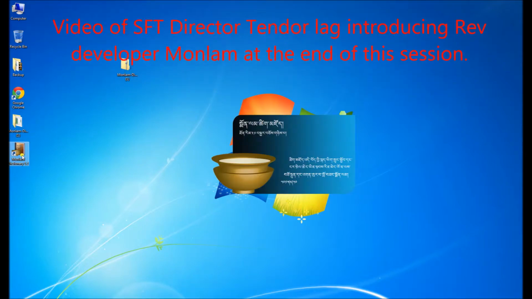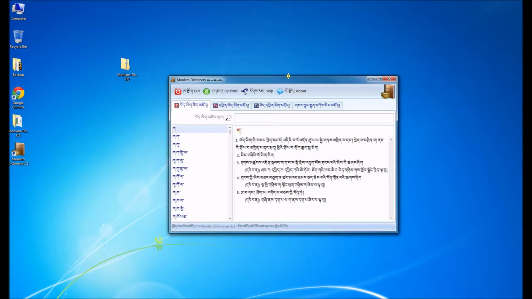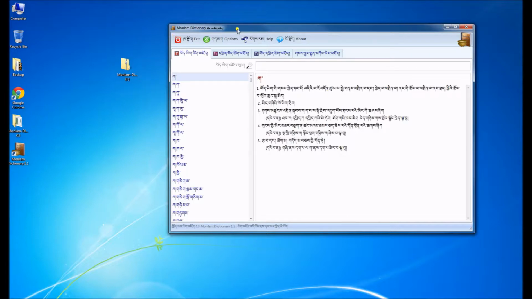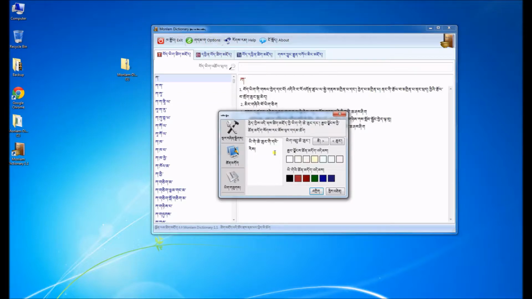So just double click on that, and this will start the application, Monlam, and there we go. So now we have the application started, and as you can see, we have a couple of menus up here at the top. The first one that says Kagyop, exit, Damga meaning options, Rogram meaning help, Ngoju meaning about or introduction, and then let's go into options, or let's go into Damga, and then